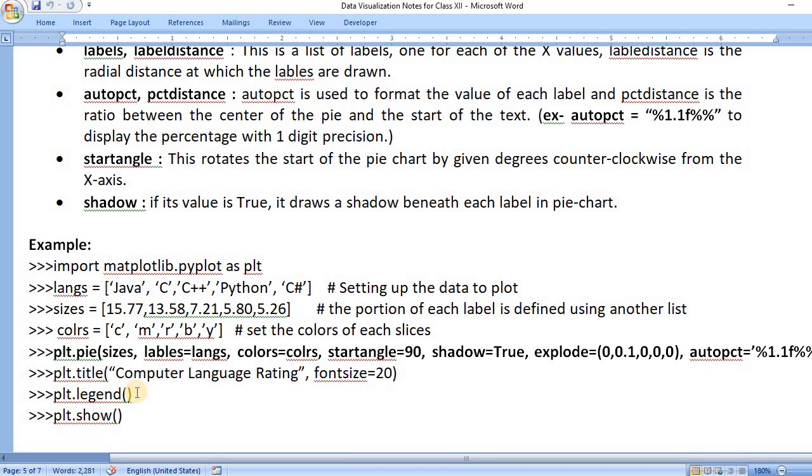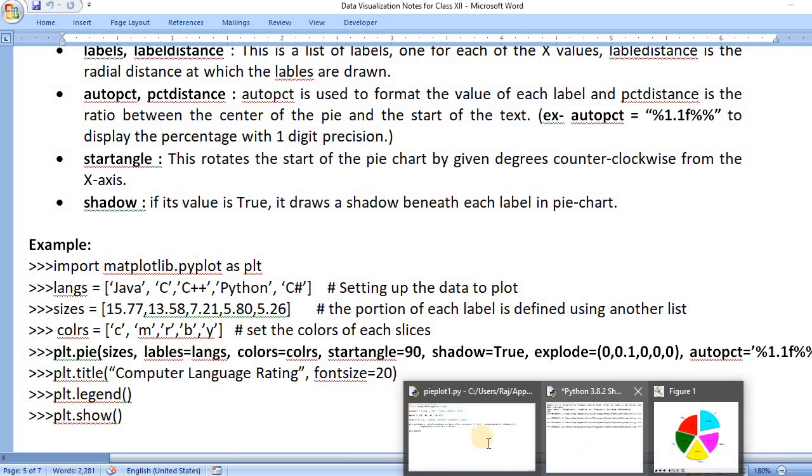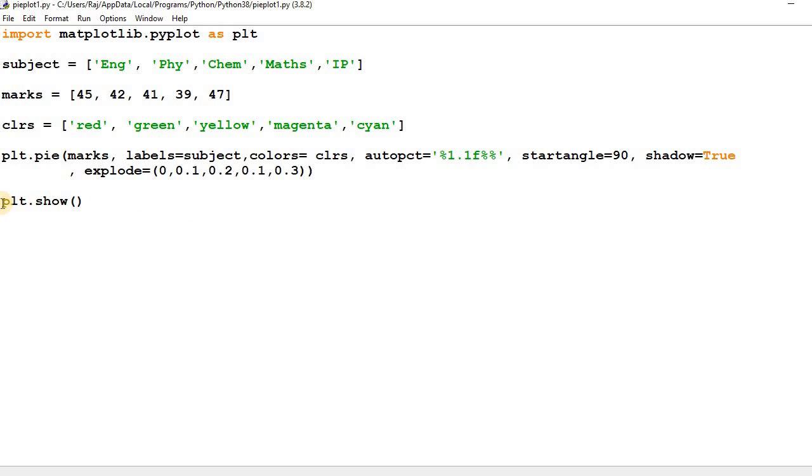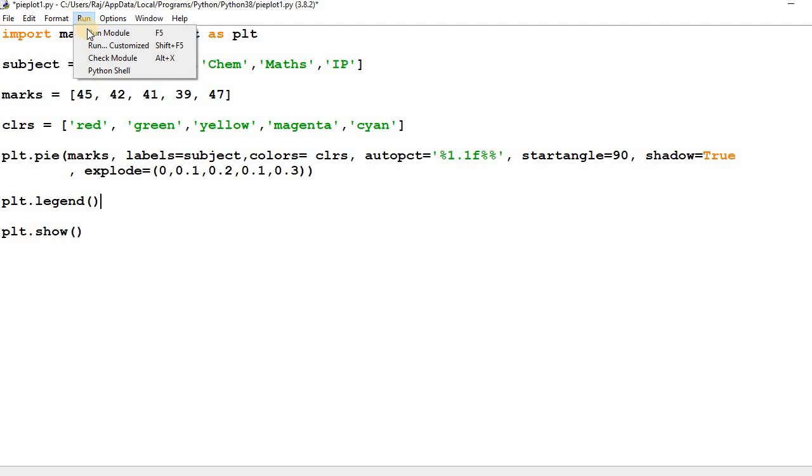If you want to display the legend, you can use legend because we have already set the label. Just pass the command plt.legend, and that will display the legend, and then plt.show.